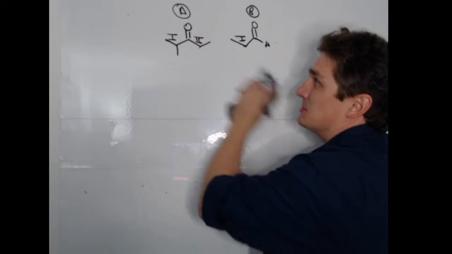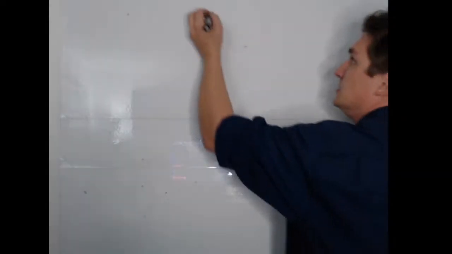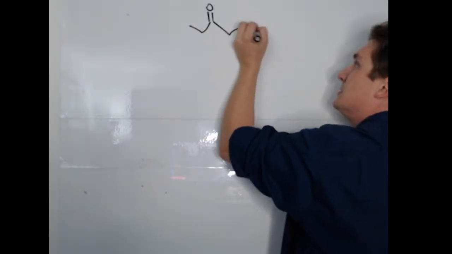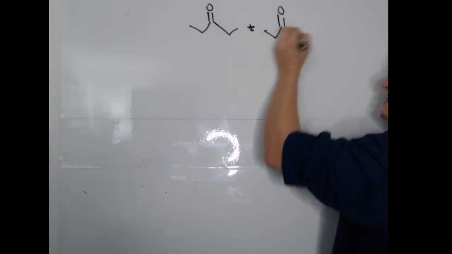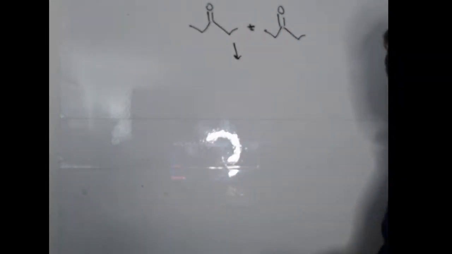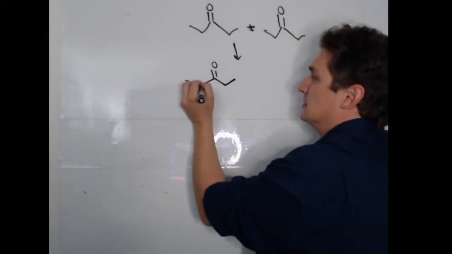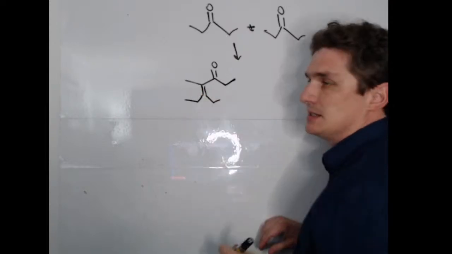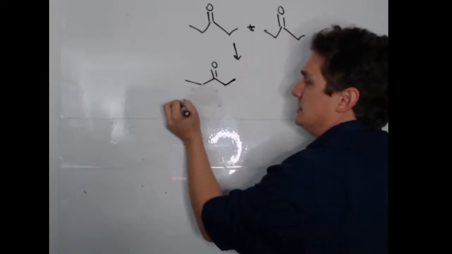Now, this also assumes that you only have a single attack of a ketone on an aldehyde. So let's go back to the symmetric ketone attacking itself. The first reaction here would generate this condensate. So I guess I should write it out for you. If we have this ketone attacking this ketone,